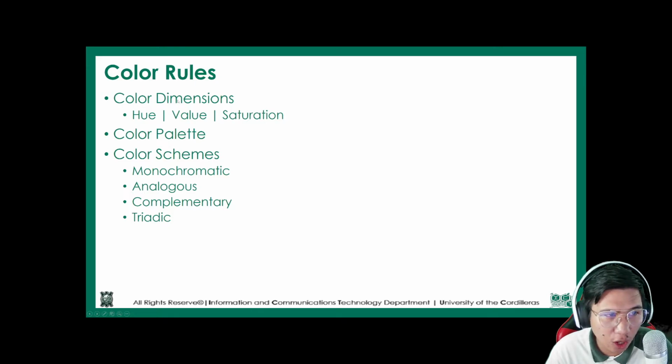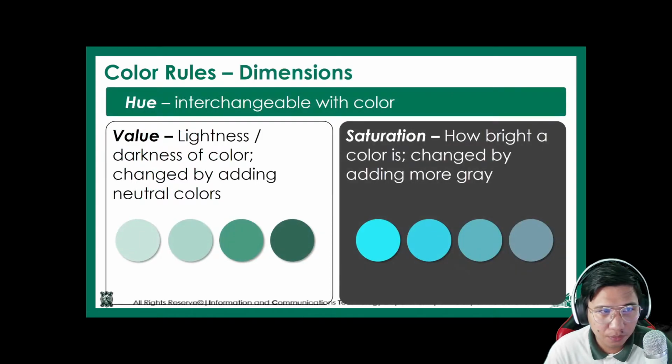Let's actually now talk about what we call the color dimensions. Let's define hue, value, and saturation, or HSV na tinatawag natin. Yan. When we say hue, it's actually another term for color. Usually, it can be interchangeable with the term color. So, when I say color, I am also referring to the hue. Yan. Pero when I say value, I'm referring to the lightness and the darkness of a color. So, pag sinabi kong, please add more value sa color green mo, meaning, I am referring to